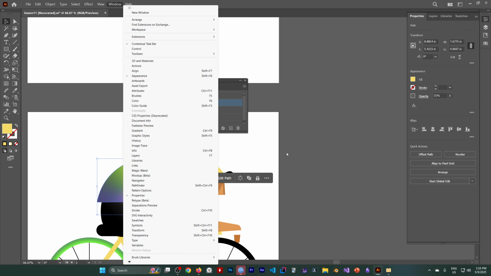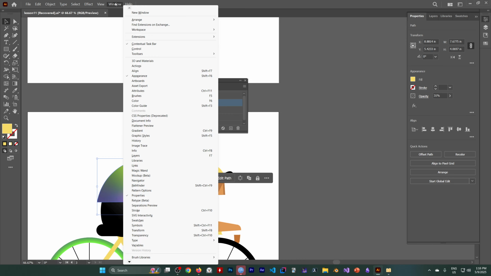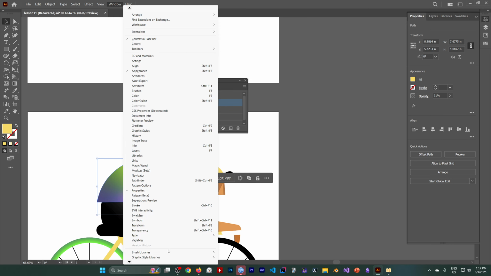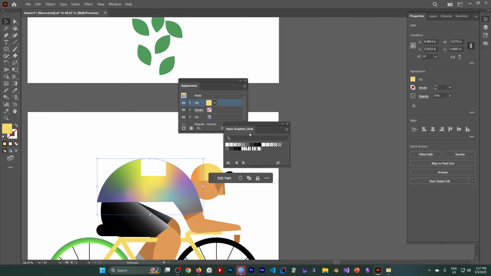So this is not done. Let's see, where is it? So first we need to go to Window and then Swatch Library. We need to go to Swatch Library, and then Patterns and Basic Graphics. So there are many patterns we can choose. I'm gonna choose this. We can choose